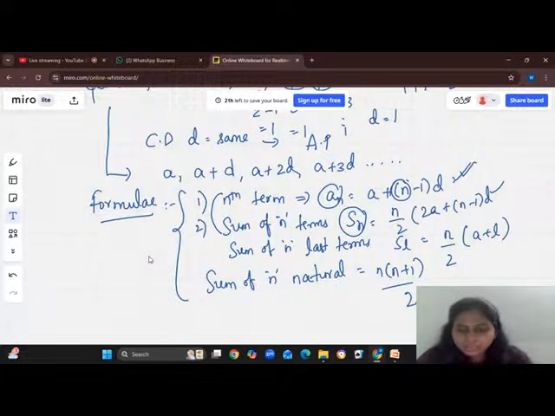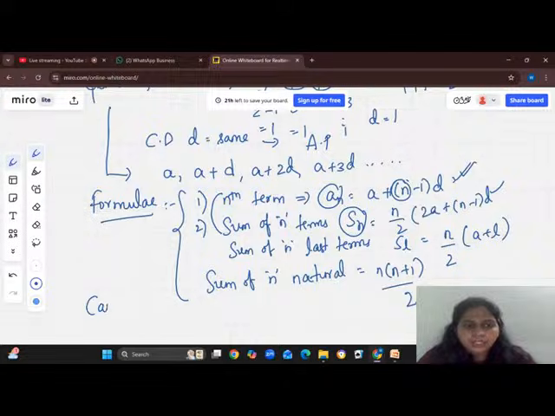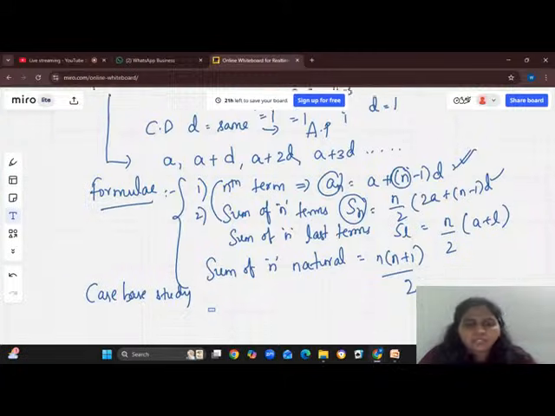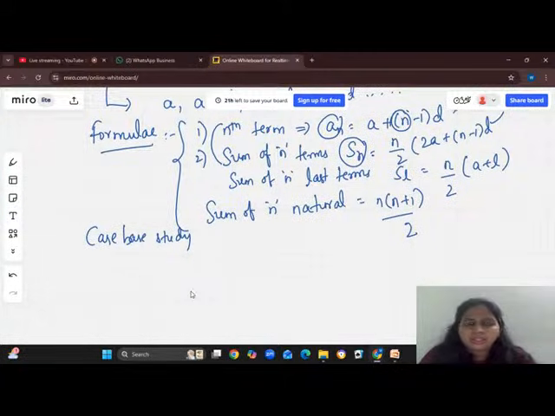Yes. So these are the important formulas and the types of questions that might be asked in AP. Done. These days we are expecting case-based study questions from AP. So how may they ask the case-based study questions? See, I want to tell you one thing to all of you. About this case-based study, like the last section, don't get confused. Case-based study means the last section.